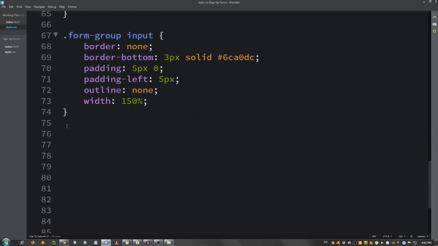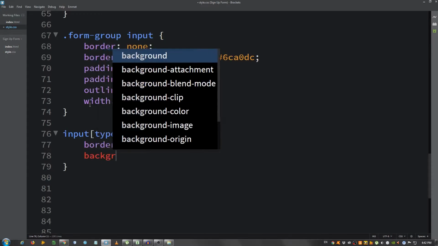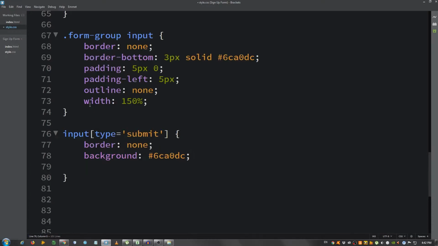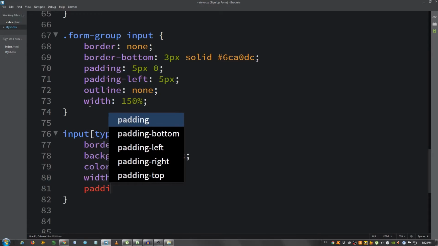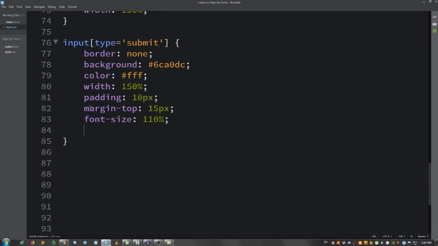So I'm gonna select input with a type of submit, and I'm gonna say border none, background our primary color, color of white, so #FFF, a width of 150%, padding 10 pixels all around, a margin top 15 pixels, font size 110%, cursor change it to pointer, and transition